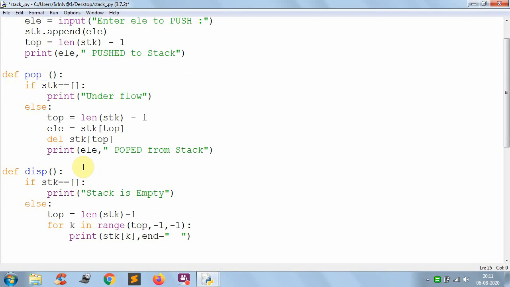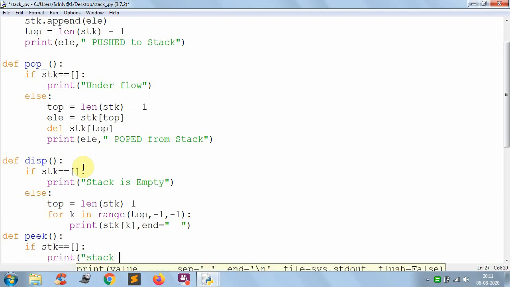Next one is peek. Peek means it gives the topmost element in the stack. Whatever element is present at the top, that will be returned by the peek function. Now I have to write that. Again here also you have to check.